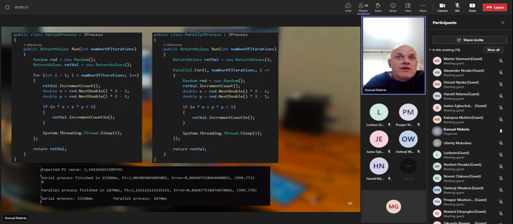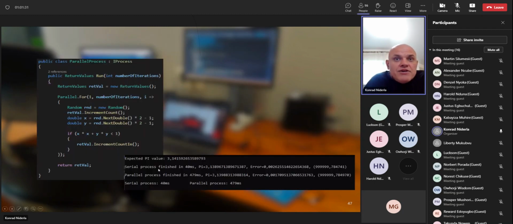You have to probably calculate it or analyze it or make some kind of experiments in this situation. But for a long-running process, the parallel process is a lot faster than the serial process. For short processes like here, the serial process is faster and easier because